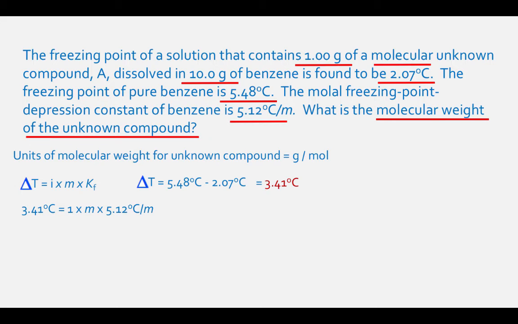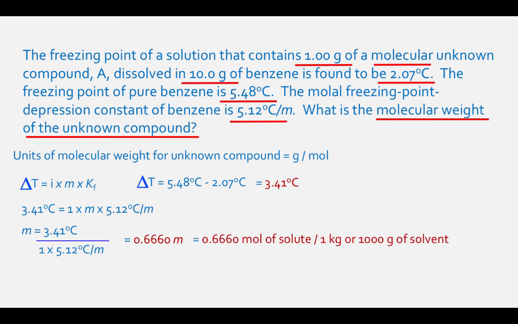Our unknown molality then equals 3.41 degrees Celsius divided by 1 times 5.12 degrees Celsius per molal, which equals 0.6660 molal. So now we know that we have 0.6660 moles of solute per every 1 kilogram or 1,000 grams of solvent. But we only have 10.0 grams of solvent, so 0.6660 moles divided by 1,000 grams times 10.0 grams, which equals